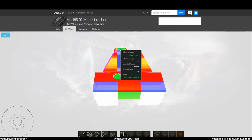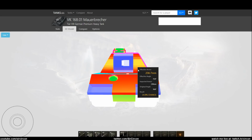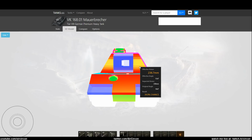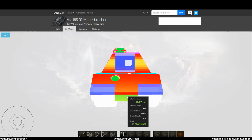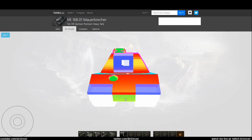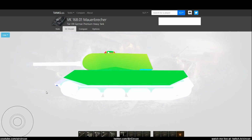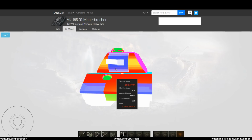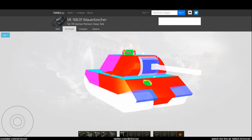So you have a weak spot there, and even this weird weak spot here. Everything else is solid as a rock against tier 8, 7, and 6s. Lower plate is about 180 plus. Let's see, unangled, yeah, it's almost 200, so 175 pen guns will not go through it. This basically means that it's indestructible as long as you manage to hide the weak spots, which is fairly hard